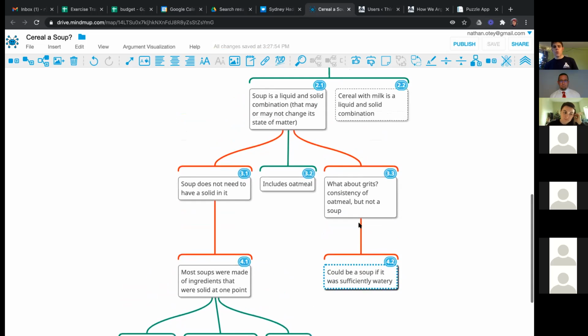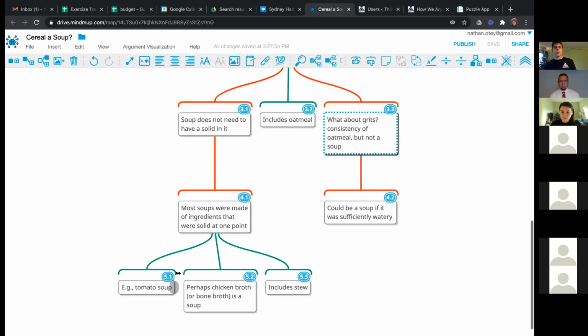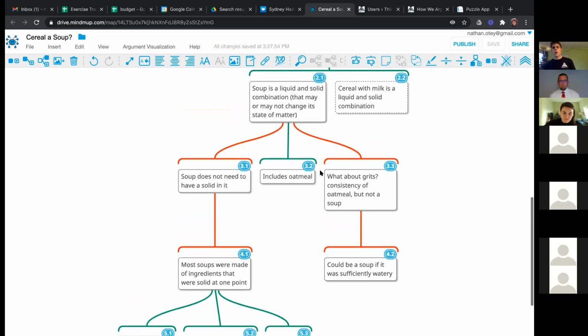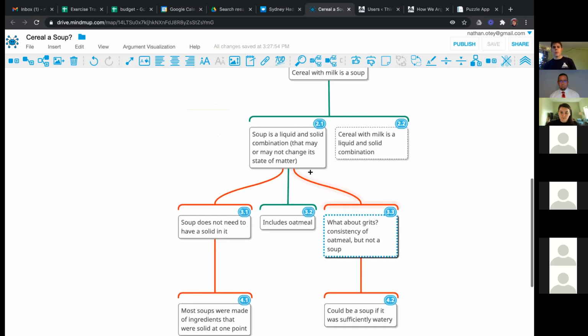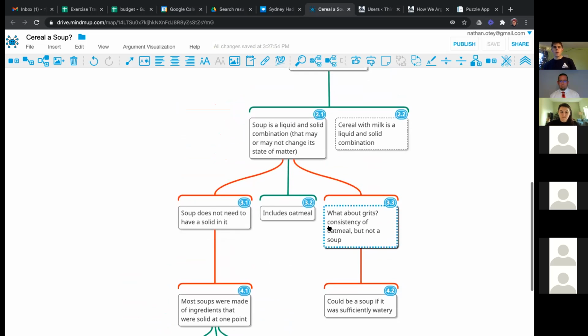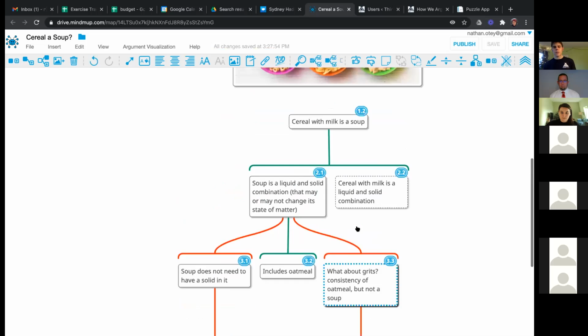And I think it allowed us to organize the conversation a little more effectively than if we were all just sitting in a circle talking to each other, especially on Zoom, because if you're just looking at everyone's head, it's a little harder to think about, like, wait, what were we talking about? Were we talking about grits? Were we talking about tomato soup? And which item on the map are we looking at? So we're able to organize all the information visually, and then we can set aside any of the claims that we're not discussing and focus on the ones that we are discussing.